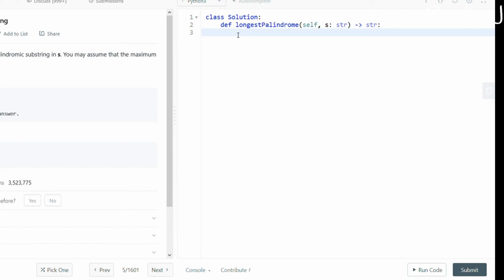Now, what approach will we use? Well, this is a very simple approach if you think about it. Suppose I give you a string and I ask you to check whether it is a palindrome or not. Then what do you do? Some will simply take that string and reverse it, and then compare whether it is equal or not. So yeah, that is something that you can definitely do.